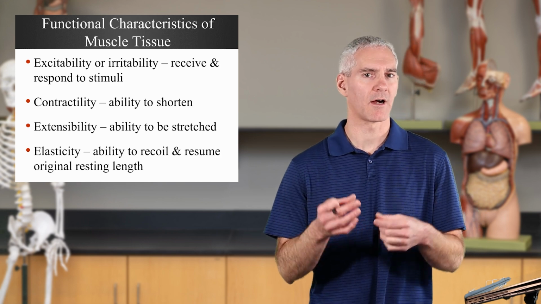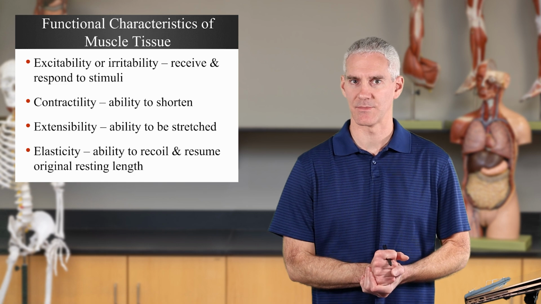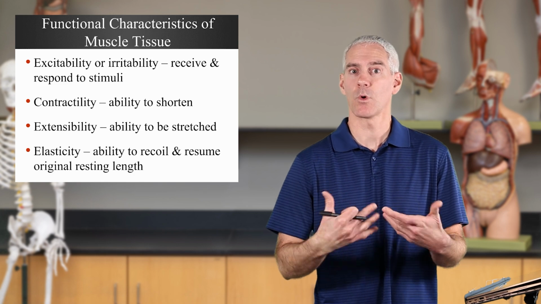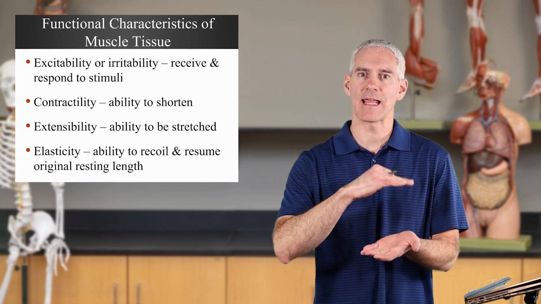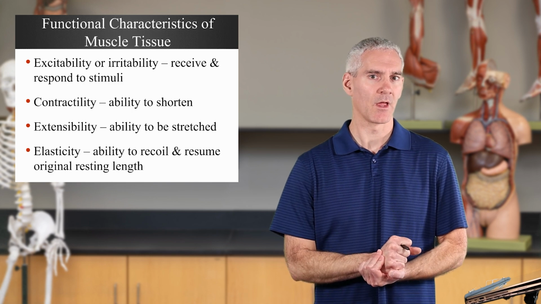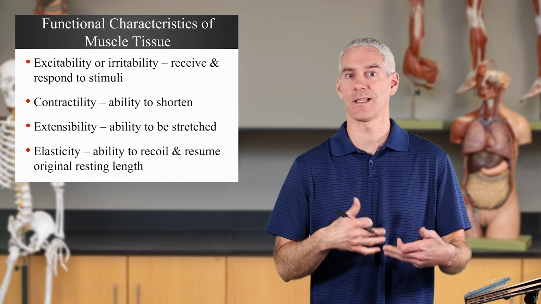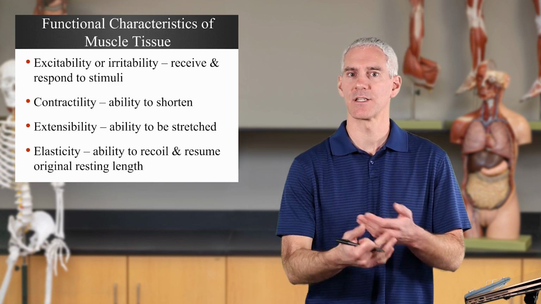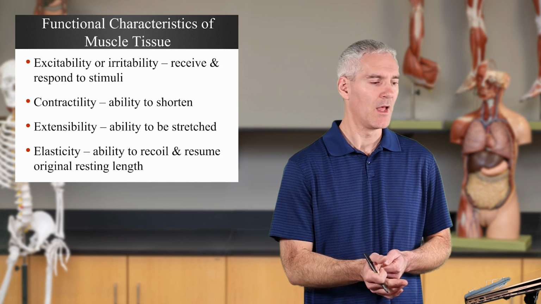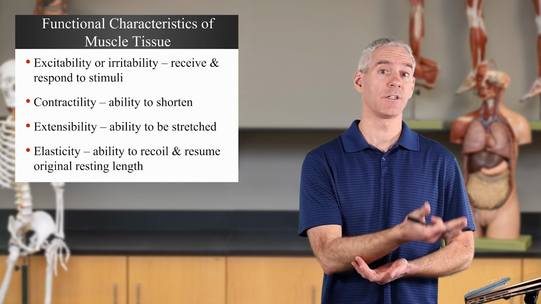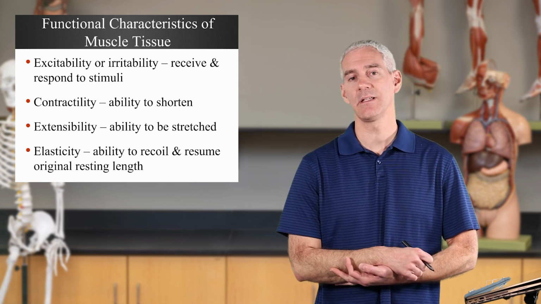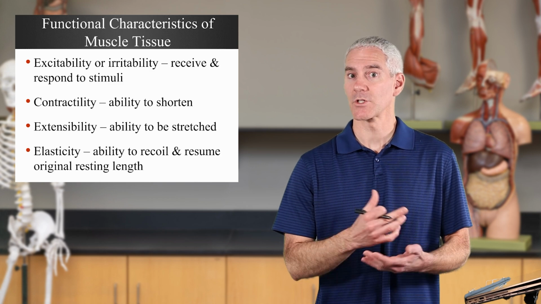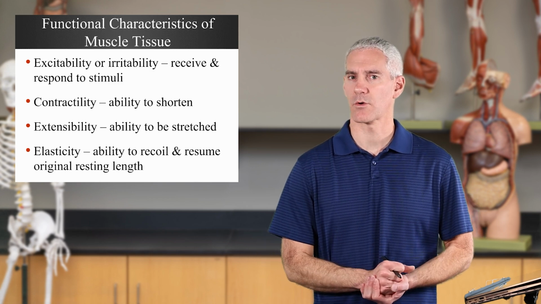All the muscles are under a little bit of tension at all times. Now you can generate more tension, but they all have a kind of baseline amount of tension, where if one of the attachment points is let loose, it recoils back to where it is, back to the starting point. So we have excitability, contractility, extensibility, and elasticity. Traits across all of our muscles we're talking about.